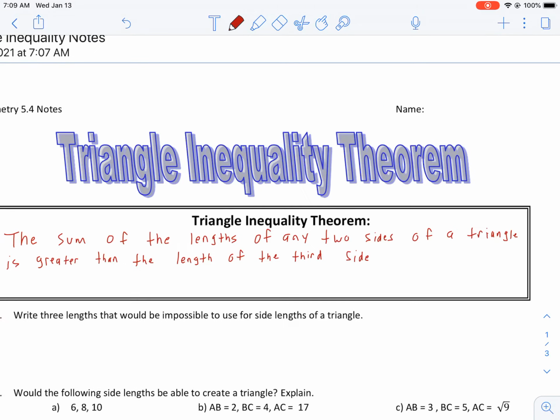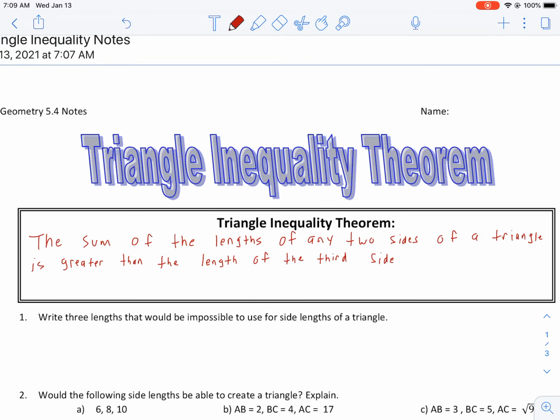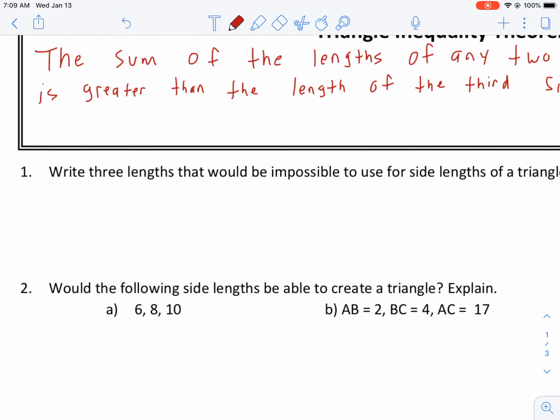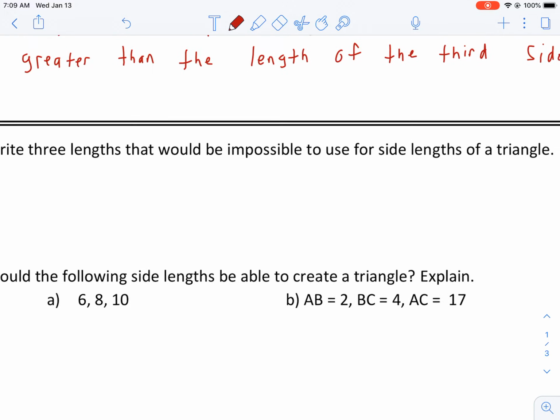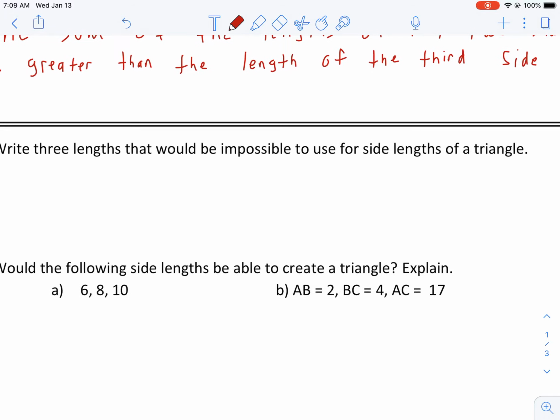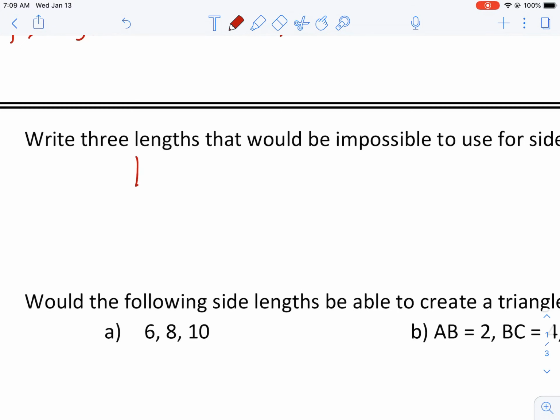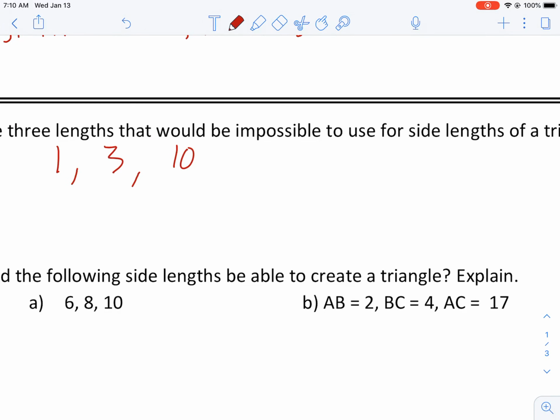And this is important not just for this, but it has applications even higher. Essentially, this is the theorem that says the shortest distance between any 2 points is a straight line, okay? So I just want to draw for a second. It says write 3 lengths that would be impossible to use for side lengths of a triangle. If we think about side lengths like 1, 3, and 10, clearly 1 plus 3 is less than 10, right? And so if we tried to make this triangle,